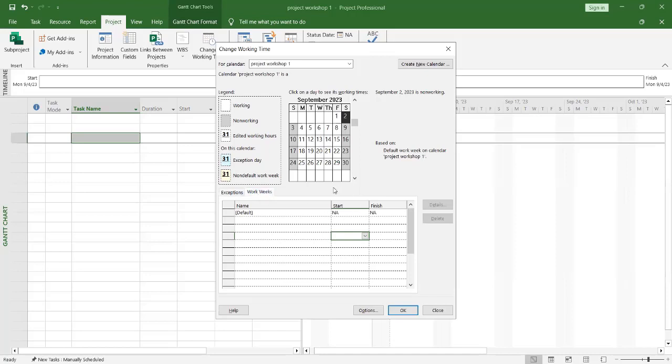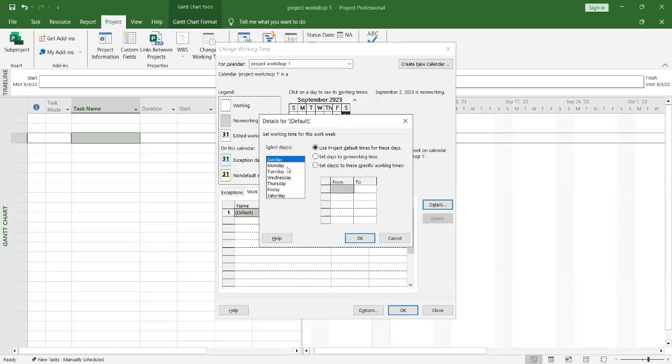Now, under the working week, if you click here, click on this first default here, and then click on detail. Okay, now if you come here, it says set working time for this week. Now, for example,